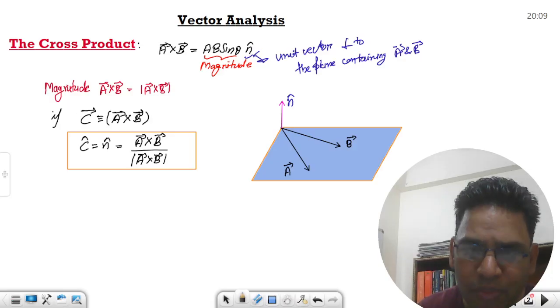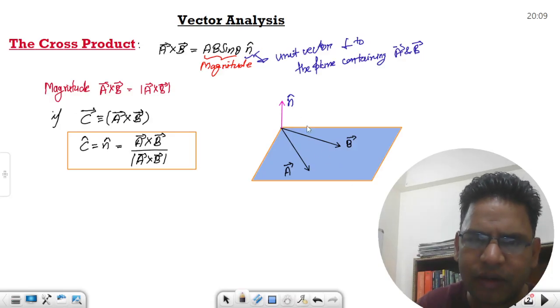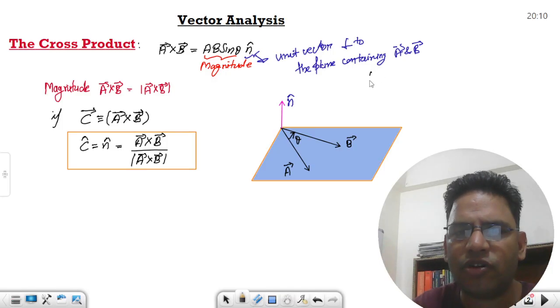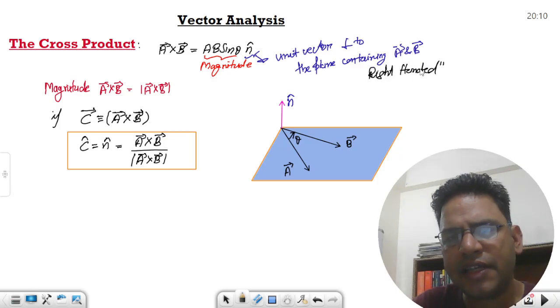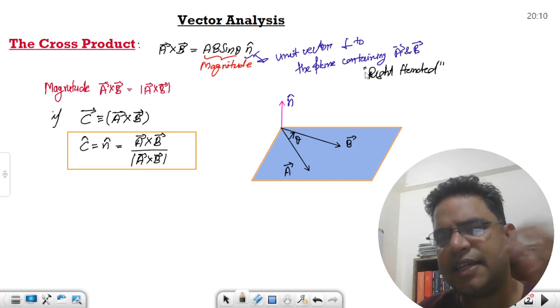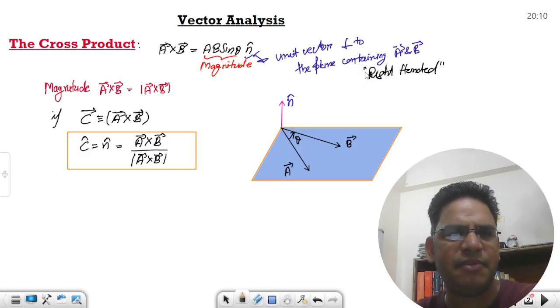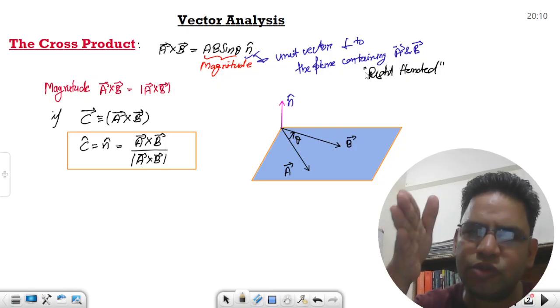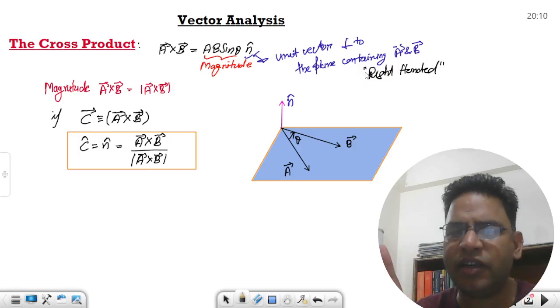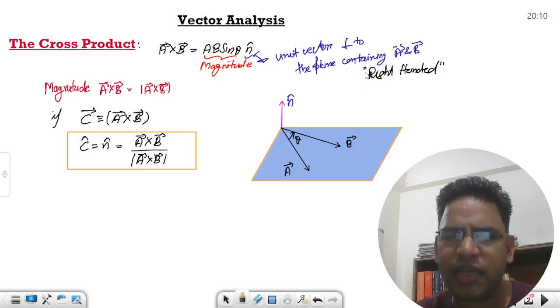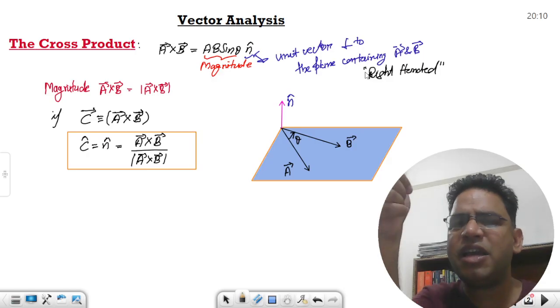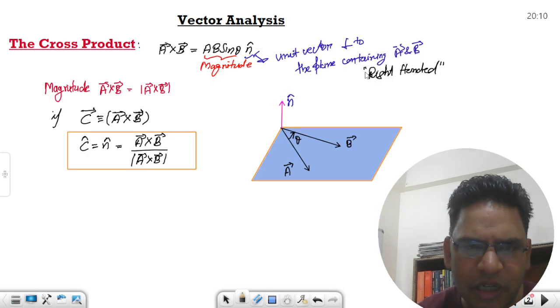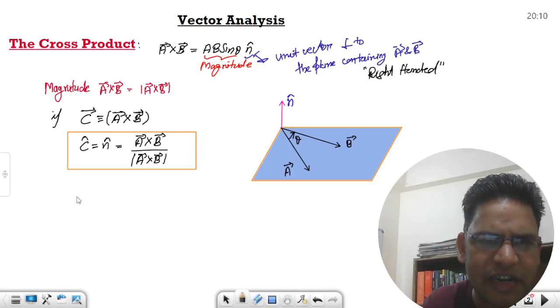All right, most importantly, what is theta? Theta is the angle between a and b. Okay, this is a right-handed system. If it were a left-handed system, I would move my left hand from a towards b and the upward direction would be positive, but it is a right-handed system, so I am going to use my right hand to decide in which direction a cross b is going to be. Okay, so a and b are going to be in this particular direction, and in that particular scenario you can easily identify,